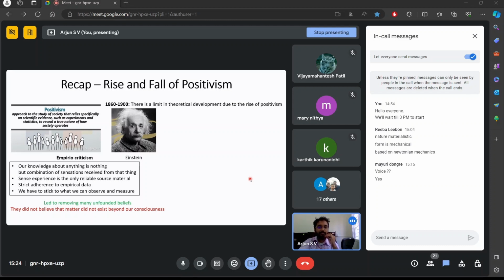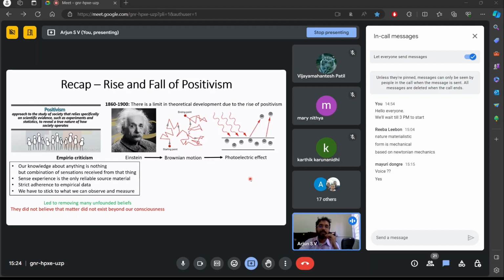started making some studies with respect to atoms and molecules for his PhD thesis, and many of them focused on the study of kinetic theory. Einstein's kinetic theory is a very popular theory based on the diffusivity of molecules, and he submitted that as a PhD thesis, and it got rejected. But later on, he made some key studies in Brownian motion as well as the photoelectric effect, which gave him the Nobel Prize. Brownian motion and the photoelectric effect gave immense importance to the existence of atoms and molecules.